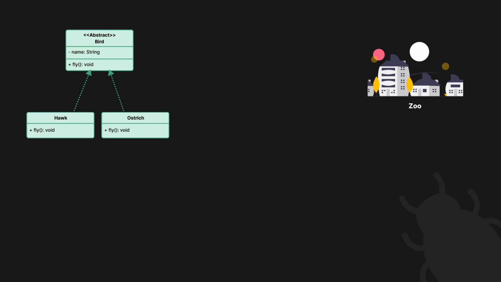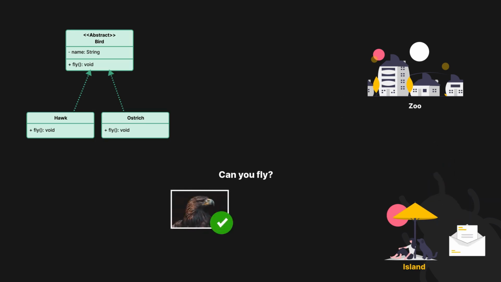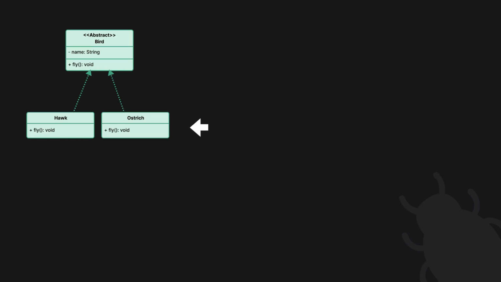And it turns out that the zoo uses birds to deliver letters on a nearby island. As the falcon is able to fly, it can deliver the letter. But the same doesn't happen with the ostrich. The problem is here. As the ostrich is a subclass of birds, it automatically inherits the fly method even though